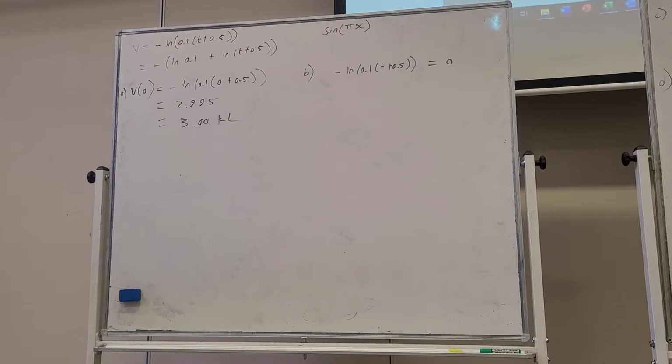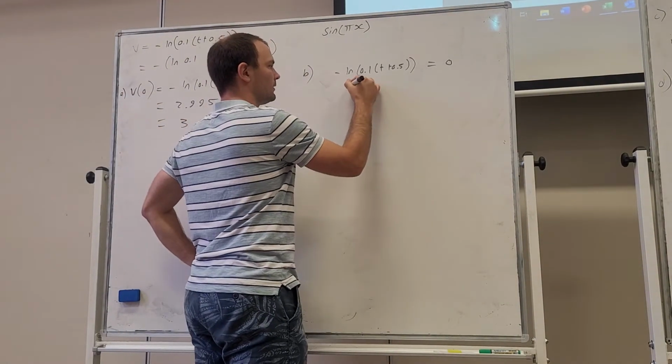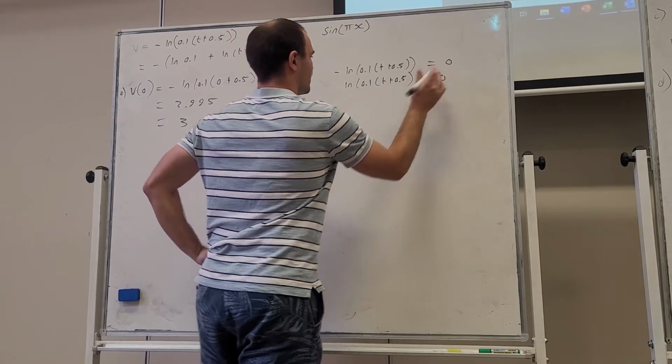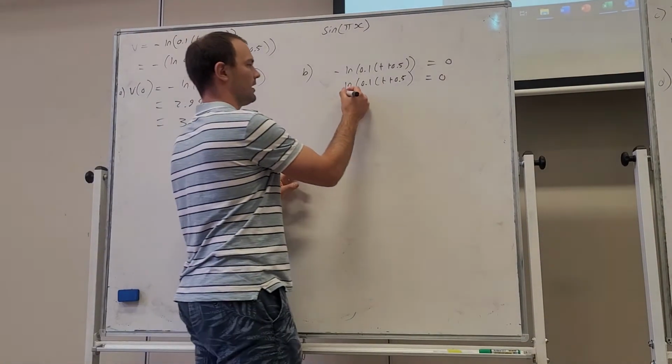We can start by getting rid of the negative, multiplying both sides by -1. And how do we get rid of ln? We put e to both sides. So we're going to have